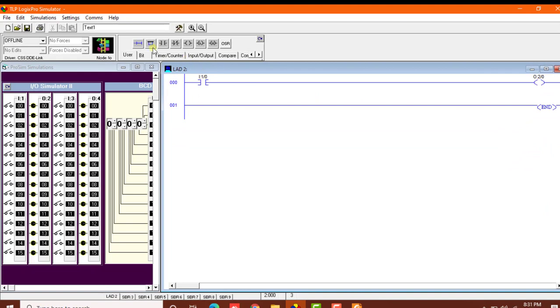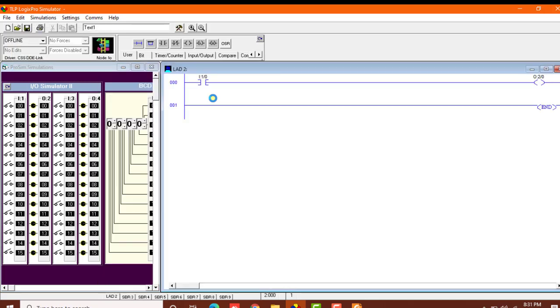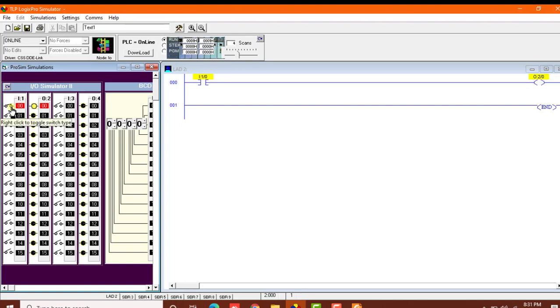Okay, so I'll do the same things again. Download to PLC. It has been downloaded to PLC now. Now I'll go online, I'll run it, and now let's see if the first switch works. Okay, it's working. So the first port that refers to I:1/0, and when I turn it on, the bulb turns